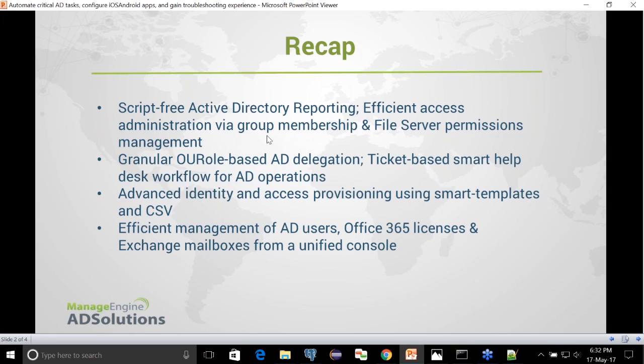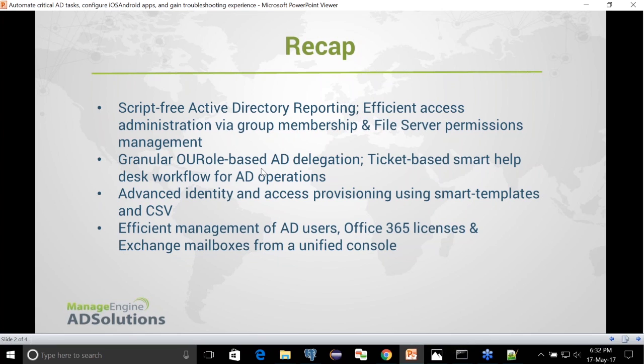Without having to write any PowerShell script or any queries, you can simply select the group or the manager, or based on your requirement, choose the appropriate options and then hit the generate button to get your report ready. You can export it in the format that you want.